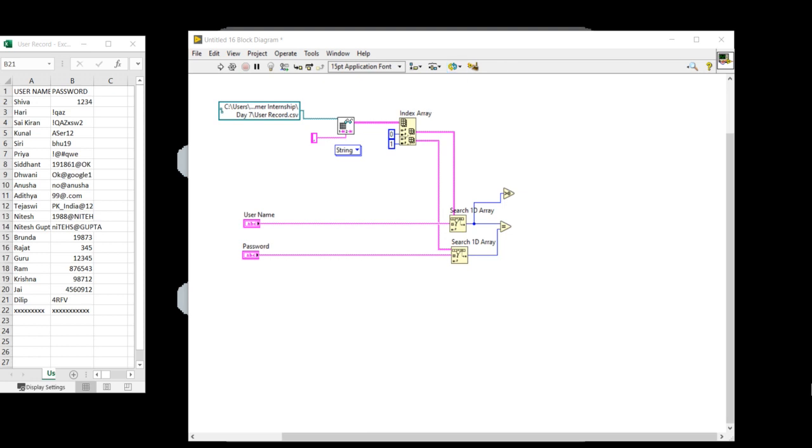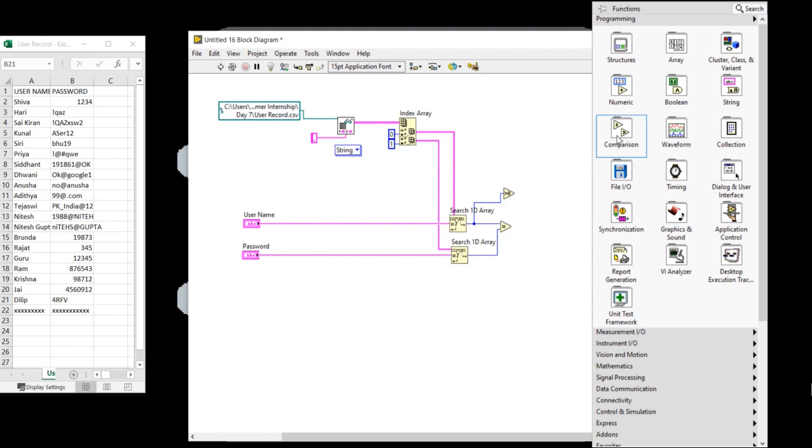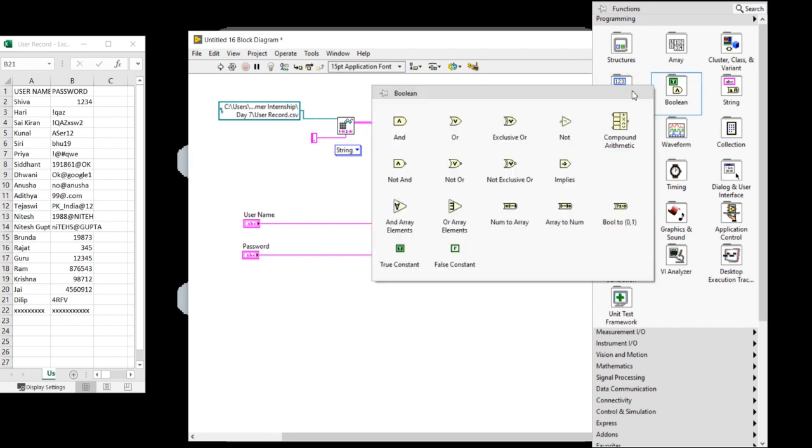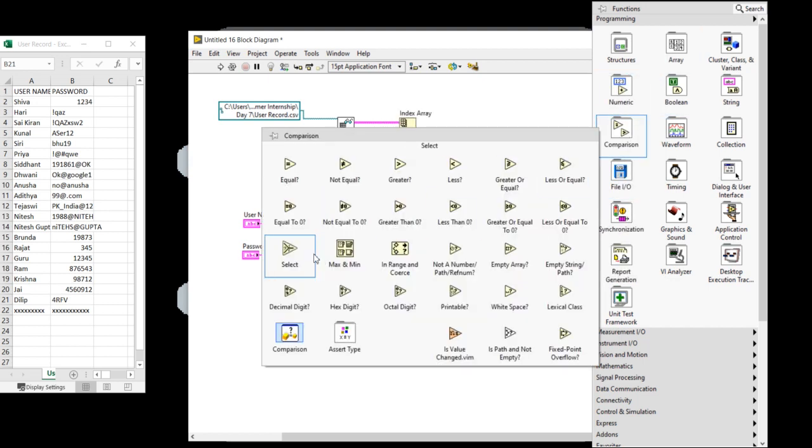Okay, so now I can take one more function, select function here.